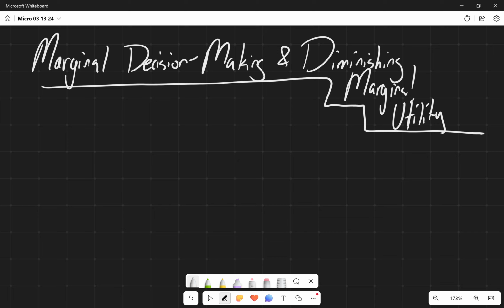All right, so all throughout the rest of this class, we're going to be doing marginal decision making or marginal thinking. Marginal analysis is really what we're going to be doing. And anytime you see this word marginal, you can replace it with the word incremental. Incremental. So marginal analysis is when we examine